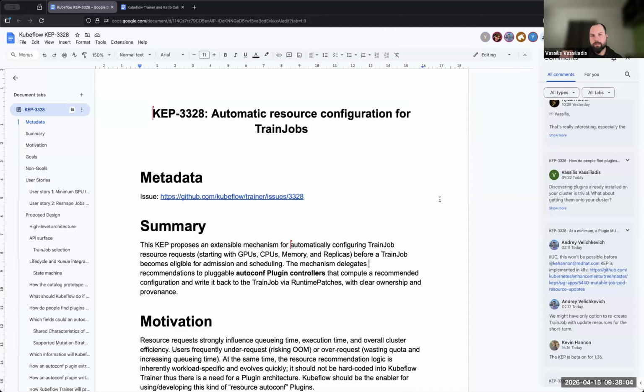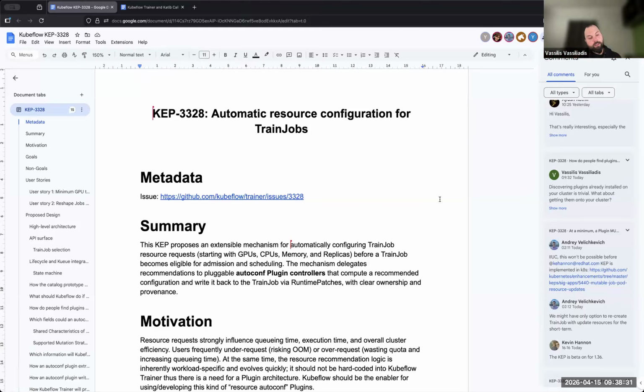Now, the scary part here, or the important part here, is that we don't want Kubeflow Trainer to be the software that changes the resources. We don't want to bake policies inside Kubeflow, because coming up with the absolutely amazing policy is difficult, maybe even impossible, at least for every single different workload out there.